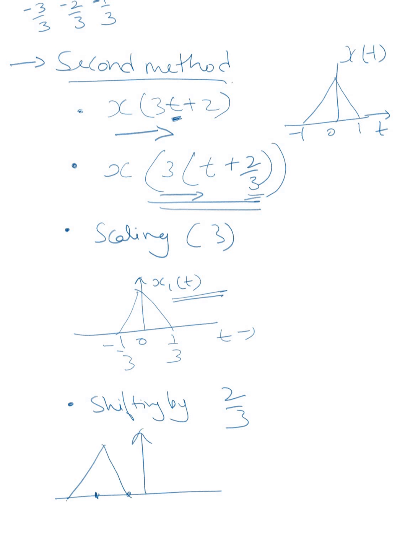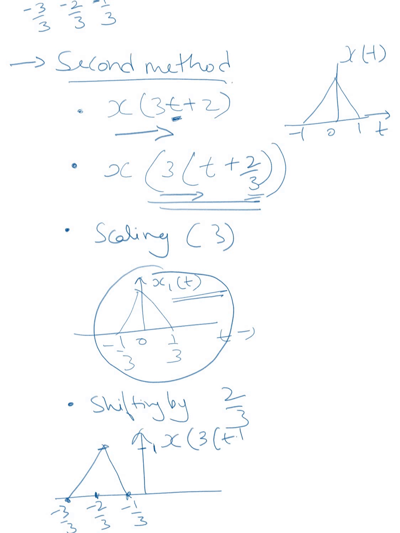Let us mark these points. We move this entire signal x1 of t by a factor of 2 by 3 towards left. So this point will become -1 by 3, this will become -3 by 3, and this will become -2 by 3. Amplitude remains same, so this becomes x of 3t plus 2 by 3,